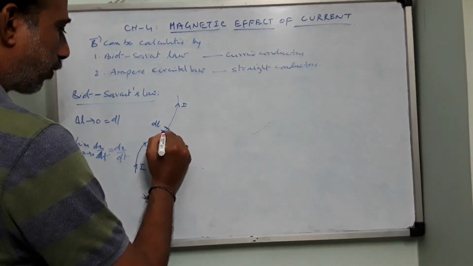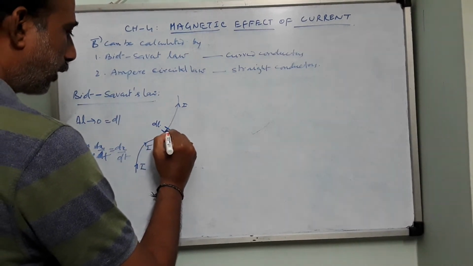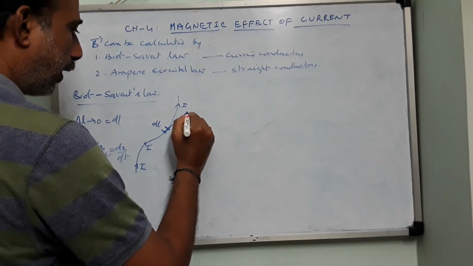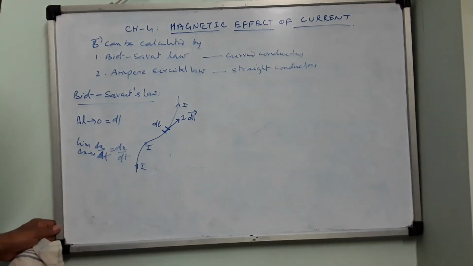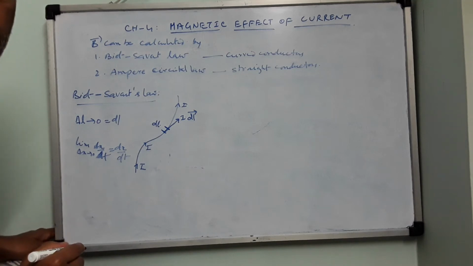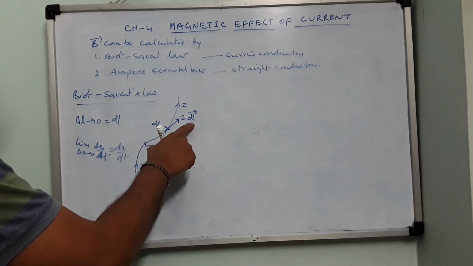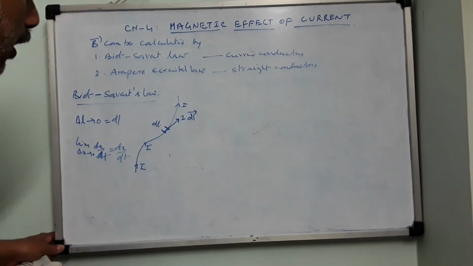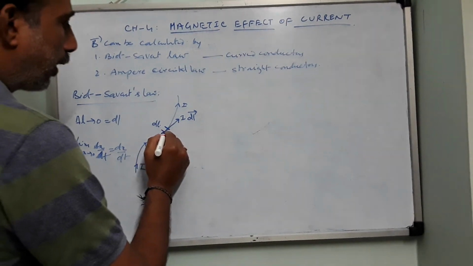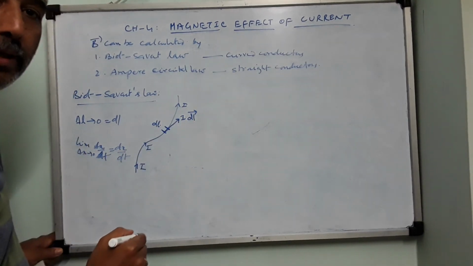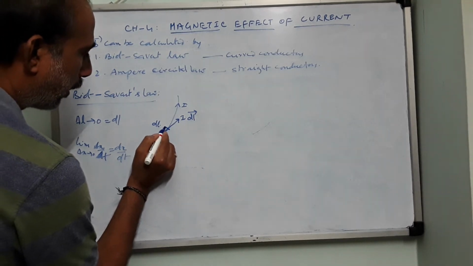Now this dl is a vector quantity. If I draw the direction of this vector, it will be like this. So I name it Idl, the current element. I is a scalar, but when it is multiplied with dl, Idl becomes a vector quantity. When a vector is multiplied by a scalar, it still remains a vector, but its magnitude increases by the scalar times. This entire thing is not Idl. This is the direction of Idl which I have drawn. Where is my Idl? This is the Idl element.